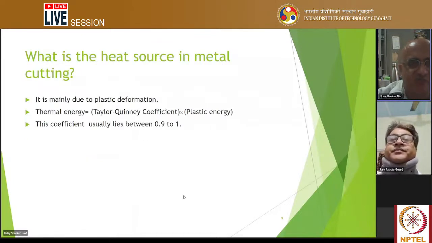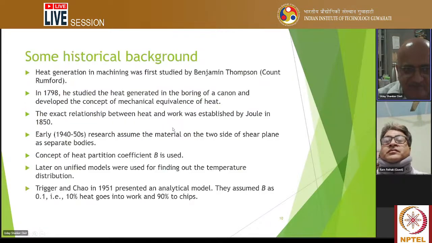We are also mentioning one point: suppose you do plastic deformation, then most of the energy of the plastic deformation goes as heat. Not all, about 90%, in some cases 95%. It can differ, because it depends on many factors. But usually for most materials people believe the fraction is between 0.9 and 1. The remaining, a very small fraction, goes to increase the internal energy.